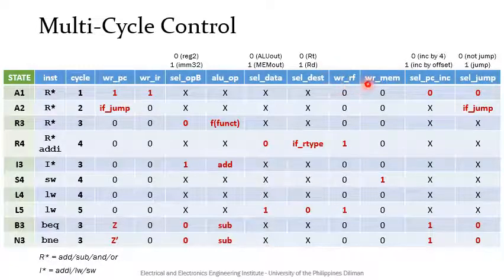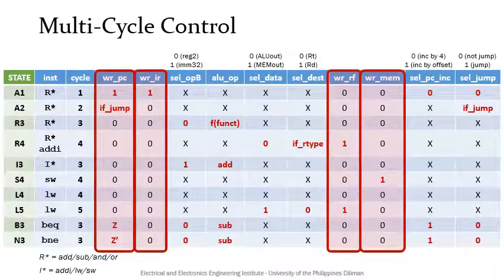We write only into the register file at states R4 and L5, and we write into the memory only at state S4 for the store word. Now in this big table, note that all write enable signals, write PC, write IR, write RF, and write mem are always defined, and never a don't care, to prevent unwanted writes from happening, while the other control signals